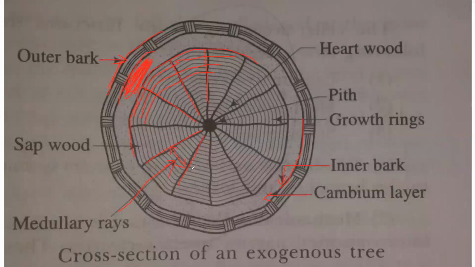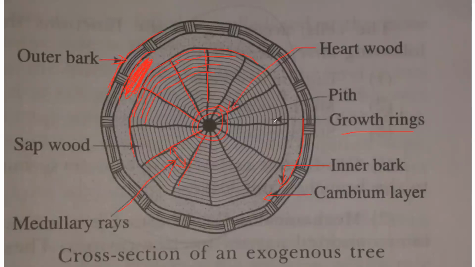Again if you go inside, there are those annular rings, or growth rings. Growth rings are also called annular rings, which we will discuss when we discuss growth rings in detail. These growth rings inside, in the innermost portion, are called heartwood. The innermost portion of the wood, or the inside portion.